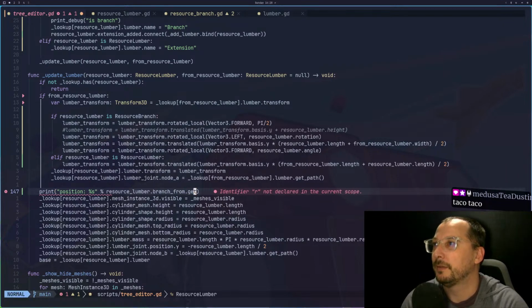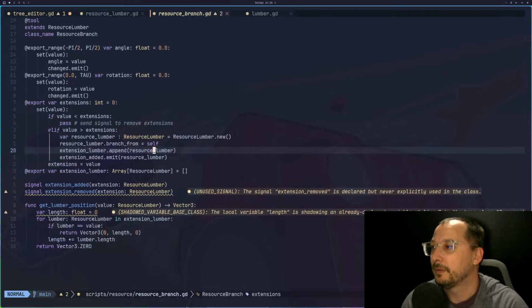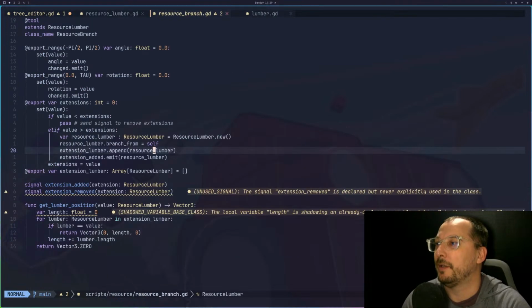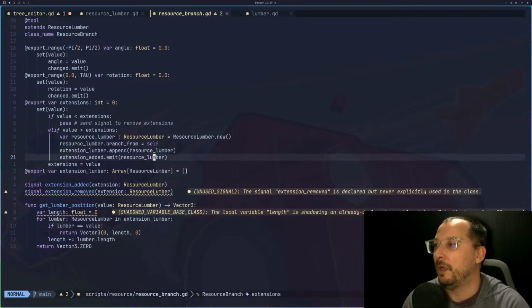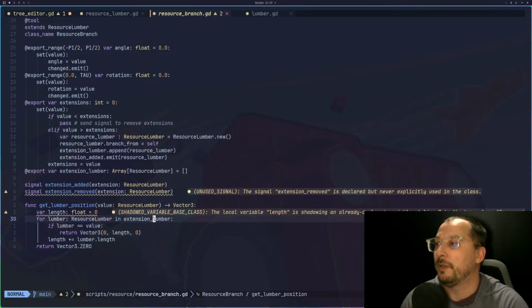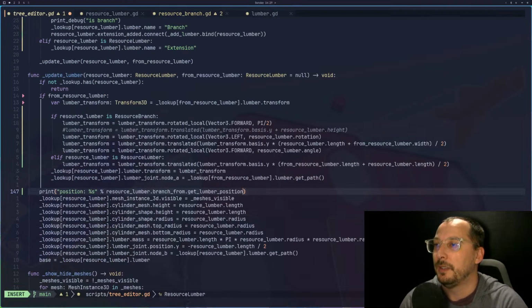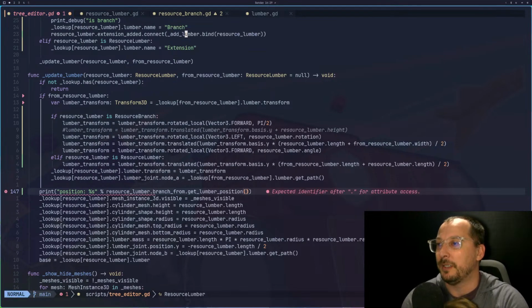Get lumber position. Now the getter, this is interesting because we know who we are. Oh, but we're going through every single one, right? So that's why we have to do it this way. Get lumber position. But if we're calling this branch from get lumber position,